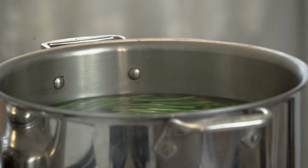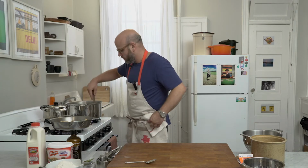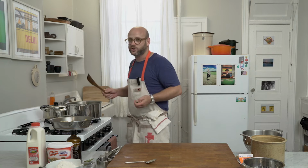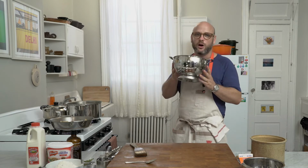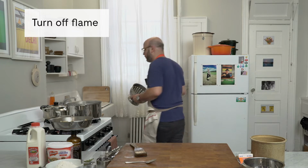Our green beans have been in for just about 4.5 minutes. So I can pull one out. And our goal is, we don't want these to be crispy, but remember, we don't want them to have absolutely no texture, and we know that they're going to be absolutely perfect. So 5 minutes is the perfect amount of time. We're going to drop our colander in the sink, turn off our burner,